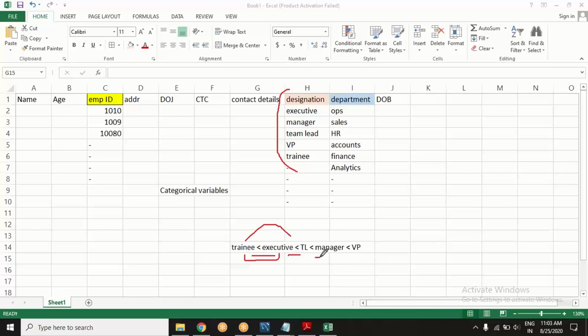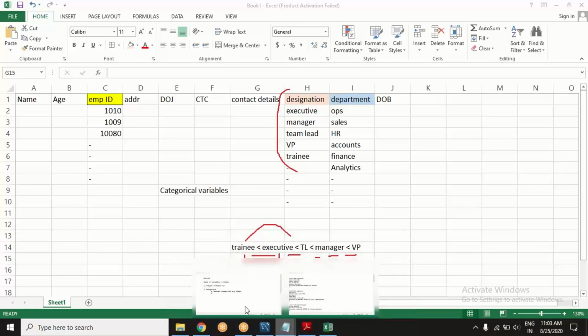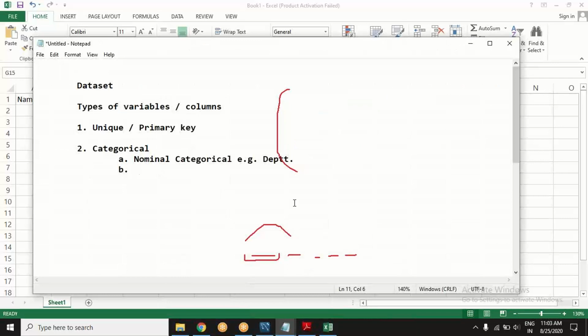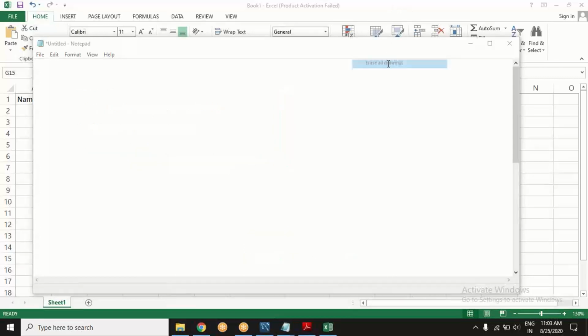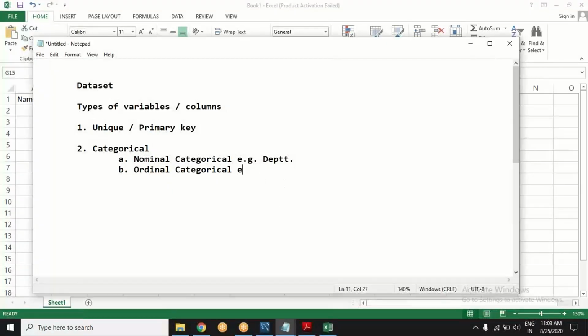I have categories, and each category shows its order also. There is a hierarchy here. So such variables are called ordinal if they have an inherent order. We are calling such variables ordinal categorical.